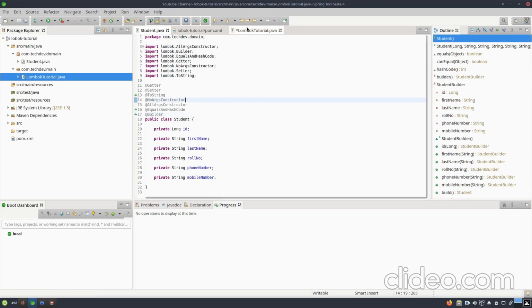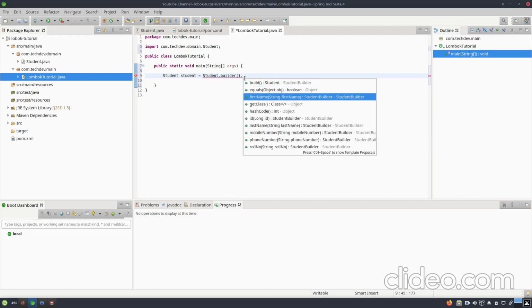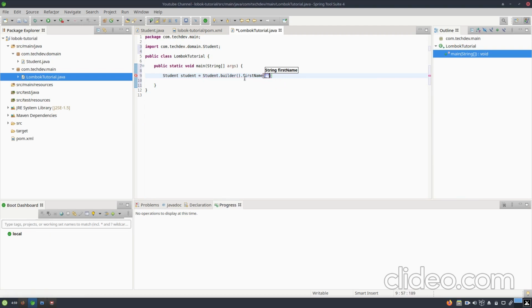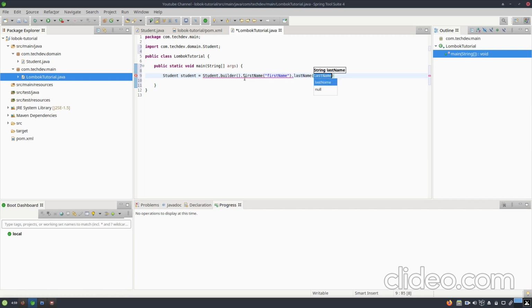What you need to do is just use Student.builder().firstName, provide the first name, then lastName, and whatever parameter you want to set, just use it and set the value.